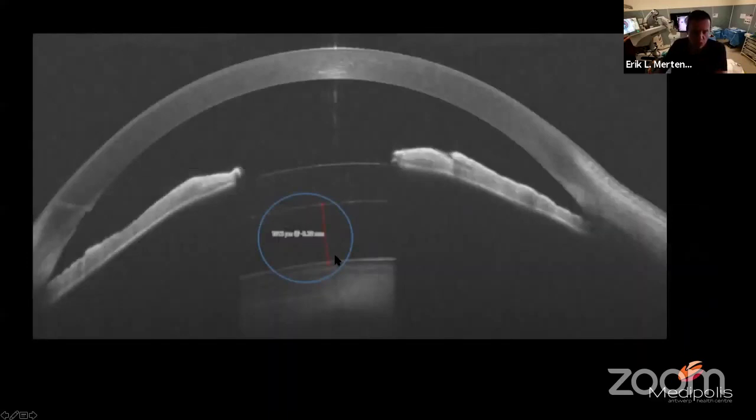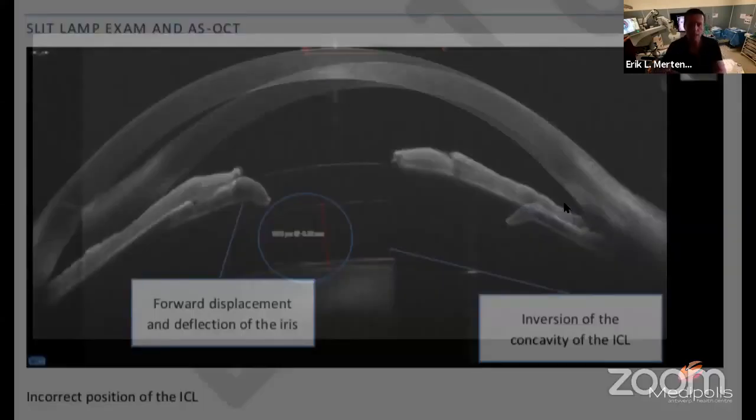Here, measurement of the high vault. You can see this is a hyperopic ICL because it's thicker in the center. You can evaluate the angle here, and when you're in doubt, you can take out the ICL and put in a new ICL with a lower diameter, to get the angle wider when you're not pleased with this one. This is a very nice